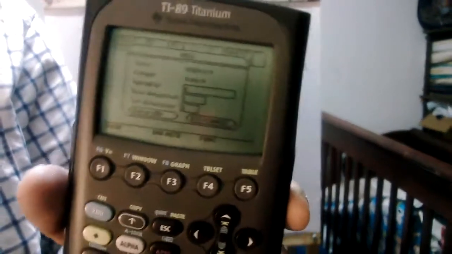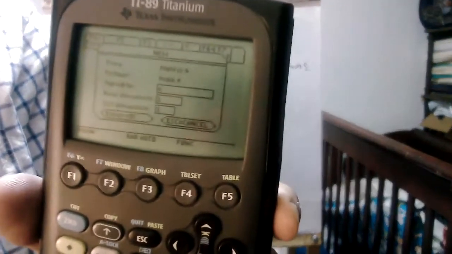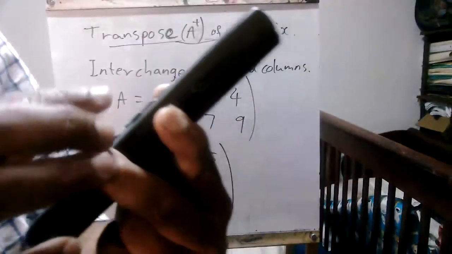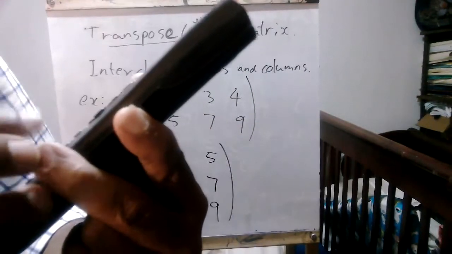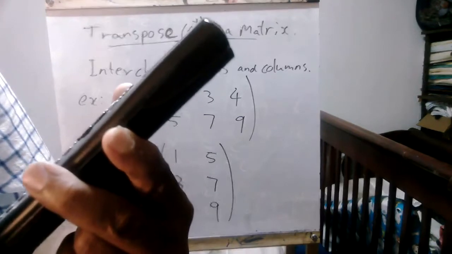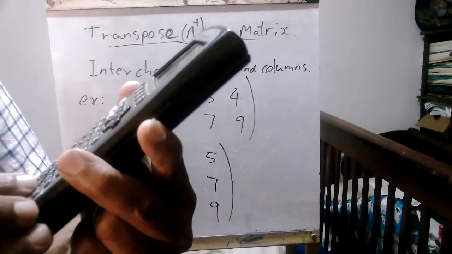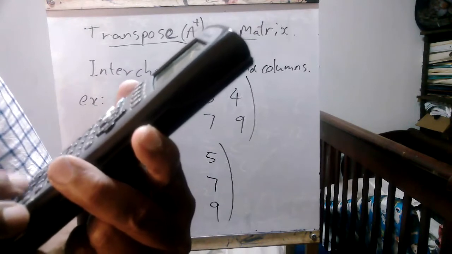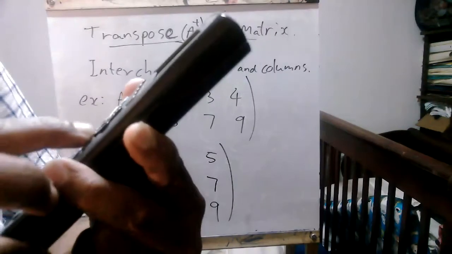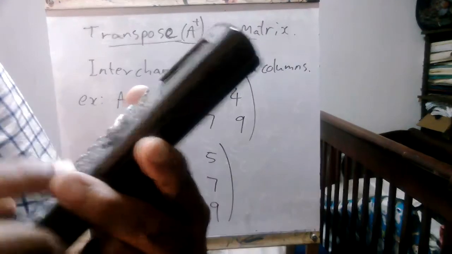Okay, here. Right, so I'm gonna enter number of rows and columns. Say if you wanna enter 2 by 3 or 3 by 3, enter number of rows and columns. I'm gonna enter 2 by 3,